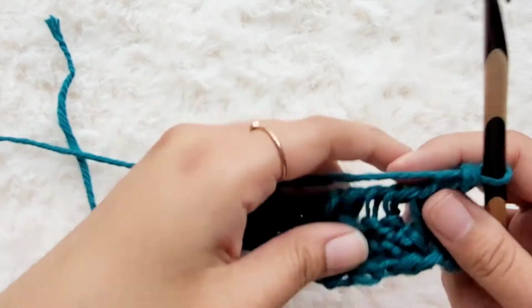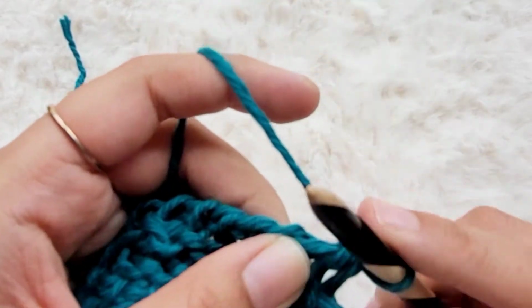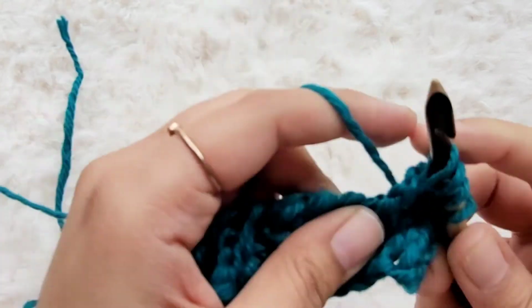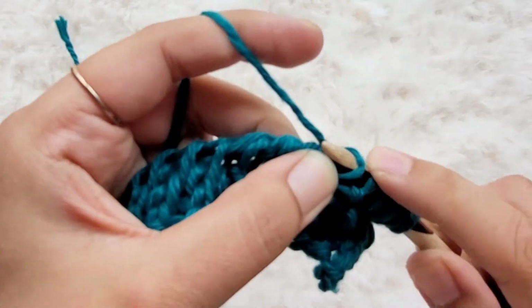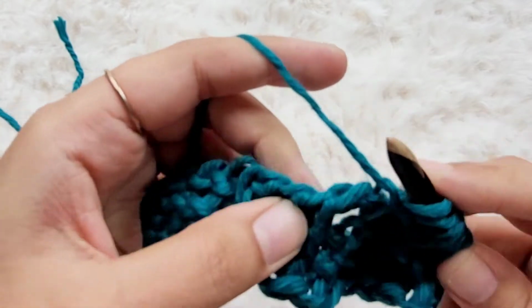Okay, you can start to see the alternating boxes forming. So again, we're gonna continue and do 2 more times. We'll do this repeat. So 1, 2, 3 knit, switch to purl. 1, 2, 3, and 4 purl, and then we're gonna do